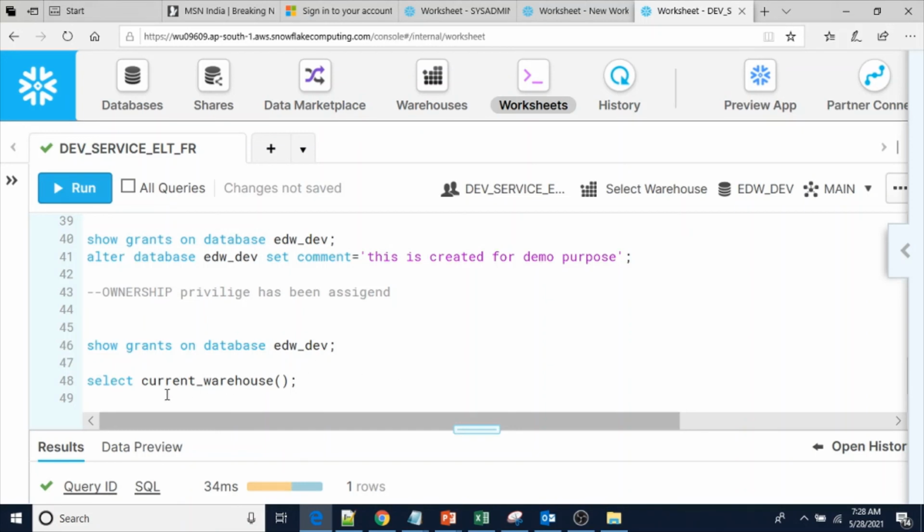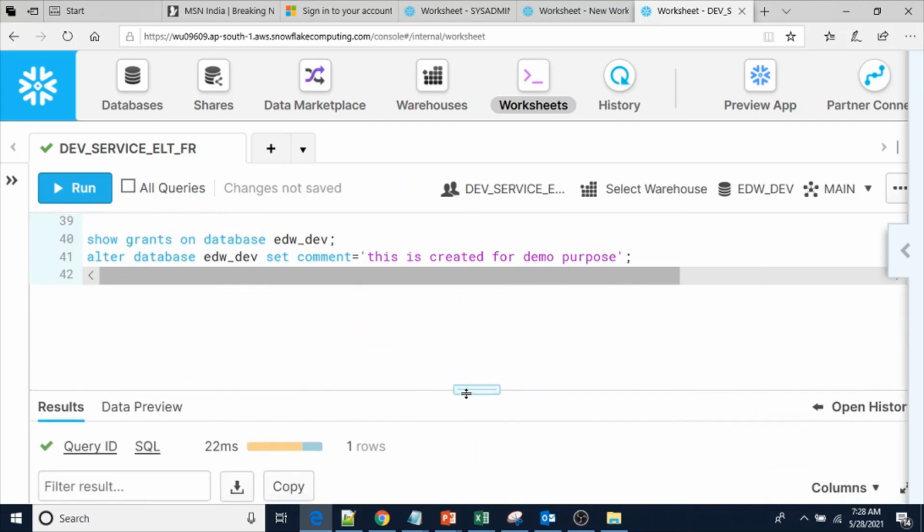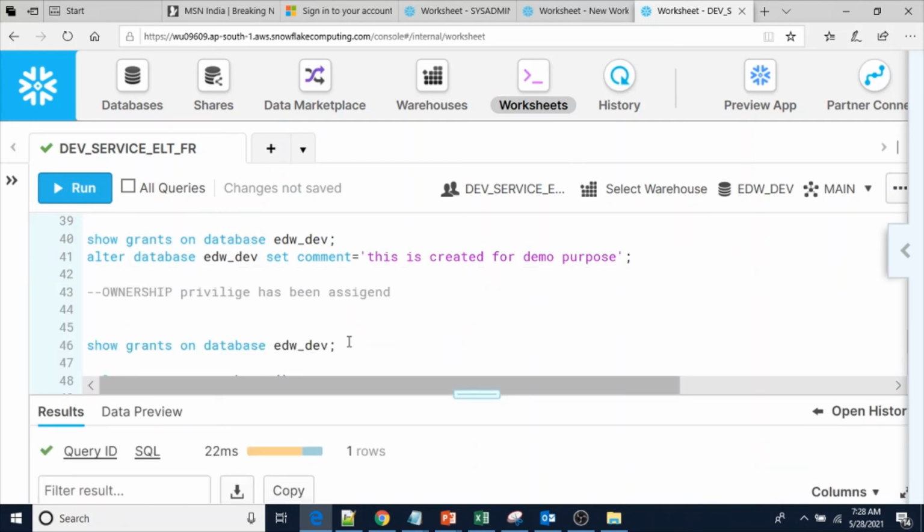Let me show you what my current warehouse is. Select current_warehouse. See, null is there. So if you want to execute any DDL commands, you no need to use the warehouse.